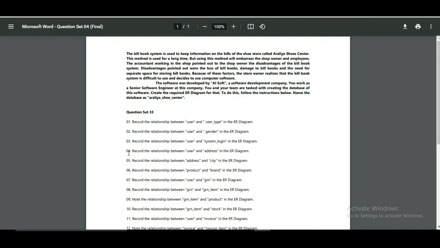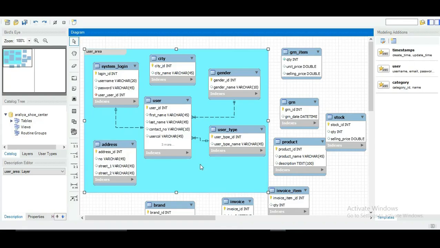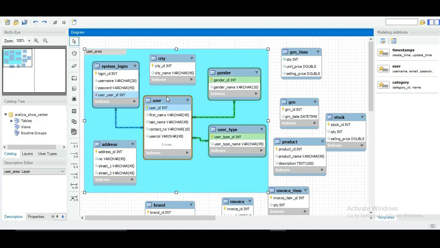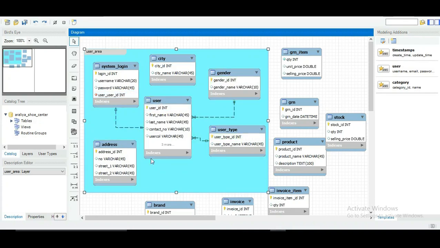And now in the fourth question, I've been told to record the relationship between the user and address in the ER diagram. So again, if I go to Workbench, over here you'll be able to see the address and the user table. And in this, since a single user can have many addresses, there will be a one-to-many relationship between the user and address table.